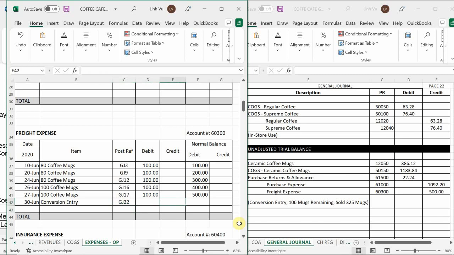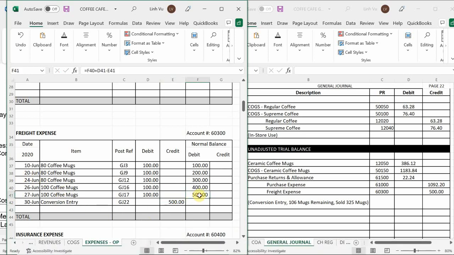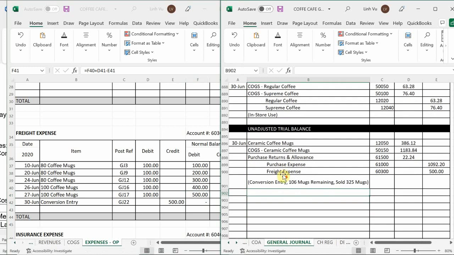And we're going to credit our freight expense by $500. So what should be your account balance? 0. All right. So there, we finished our periodic inventory